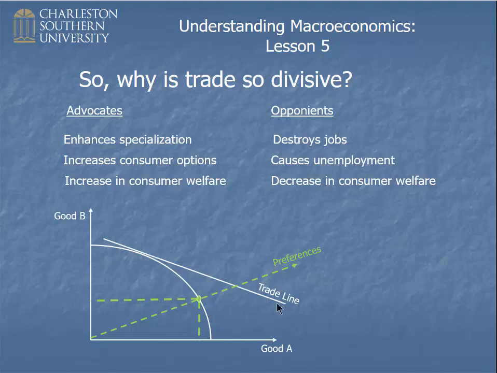So let's say in the rest of the world that trade looks like this. That is, you can trade good B for good A along this line here. So what would happen is that the people in this country, once you allowed for trade, they would stop producing here and they would instead produce over here. Even though that's a lot more B than what they really want, they would make all this good B and then they would trade it for what they really want along this trade line until they got over here. They would trade to here.